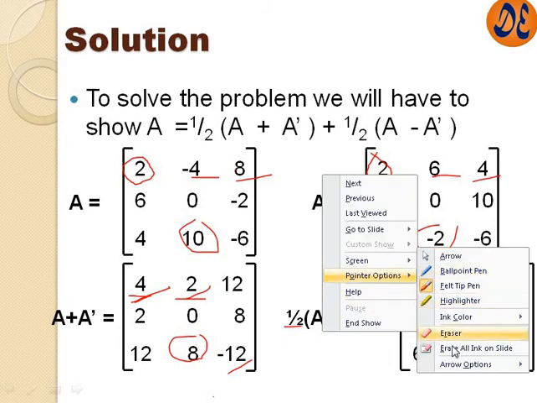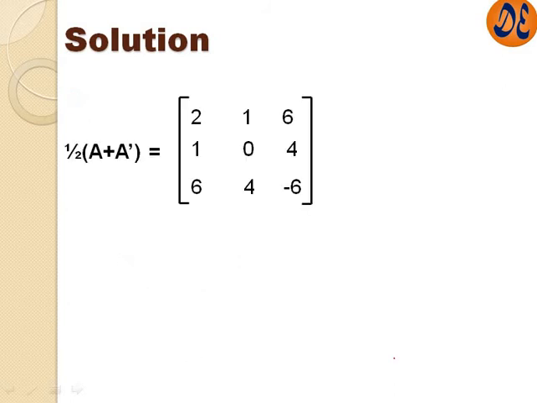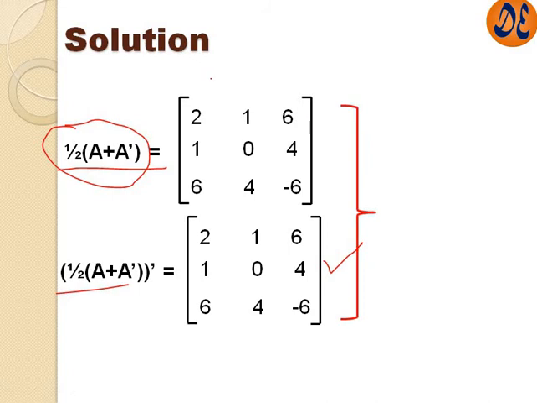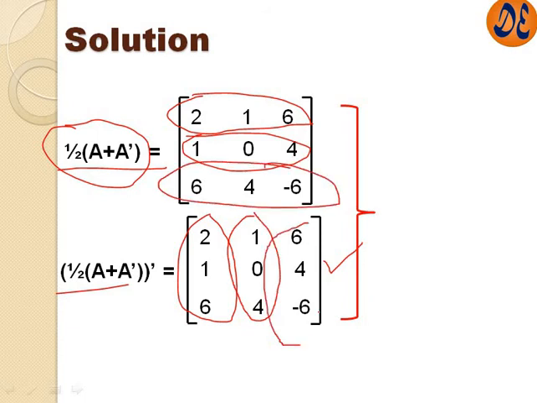Then, as we have got this one already, if we are transposing this one, what are we getting? After transpose, we are getting this one. How? Rows to columns. Second row, second column, third row, third column, we have transposed.